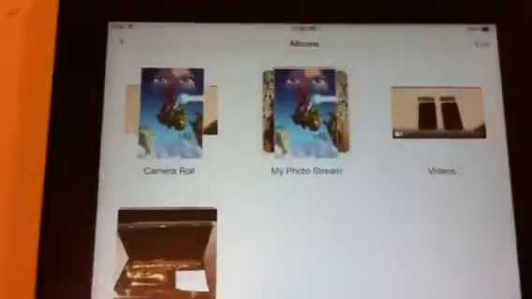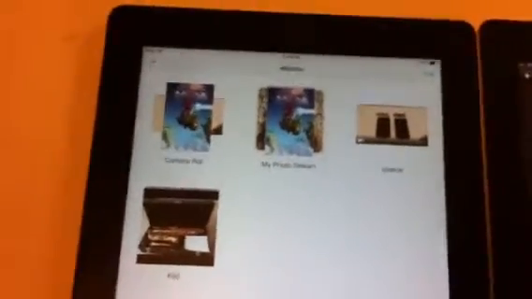So we go to albums. Here's your albums here. And here's your albums here. Not much difference. Not much difference at all. So,